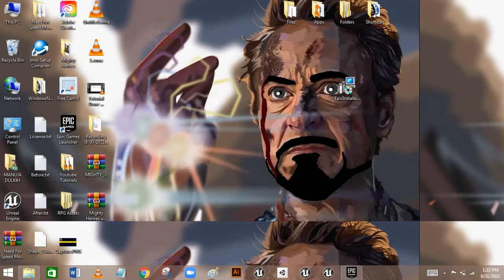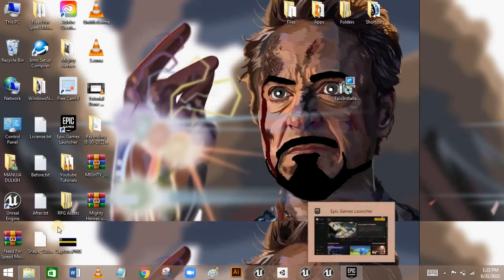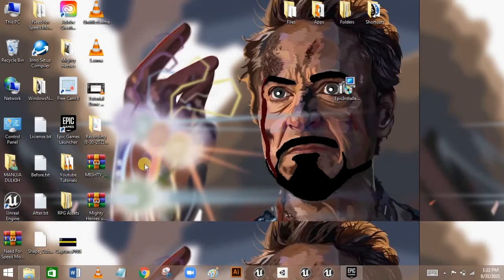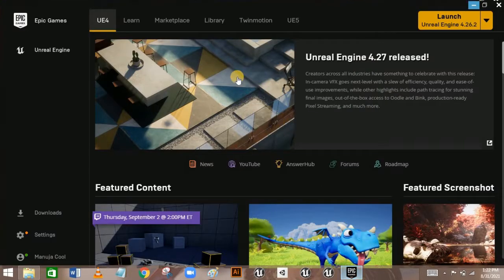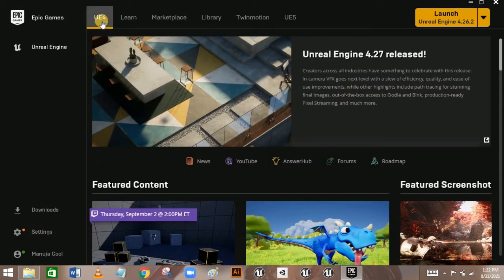So the first thing you gotta do is open up your Unreal editor. To open up your Unreal editor, you can use this taskbar shortcut that is pinned on this taskbar, or use this desktop shortcut, or else you can use this way. Just open up your Epic Games launcher. In the startup, you will be on this Unreal Engine 4 tab. Just click on this launch button, so it will directly allow you to run your Unreal Engine,